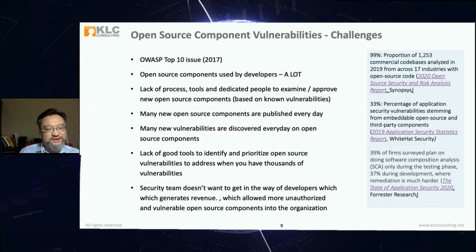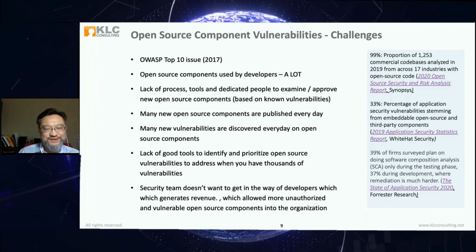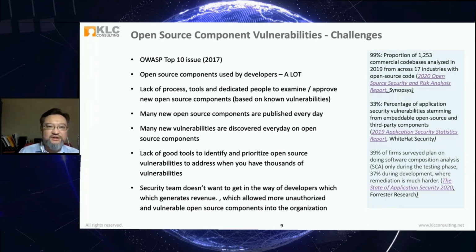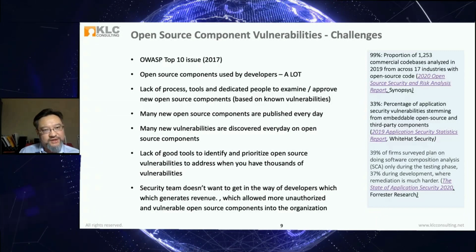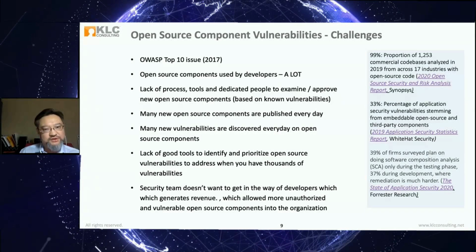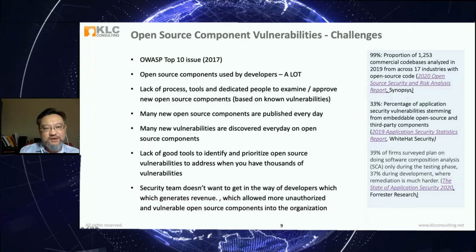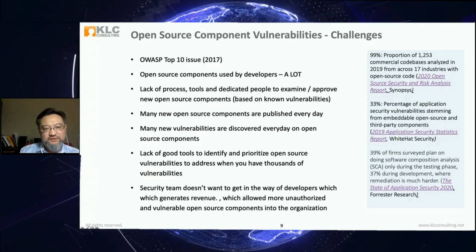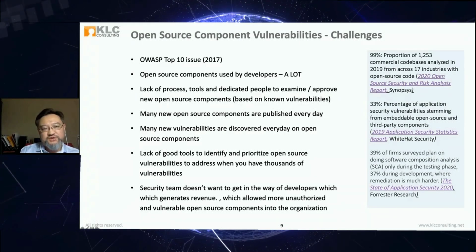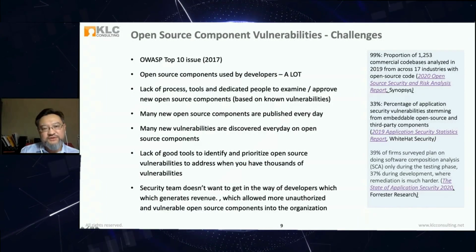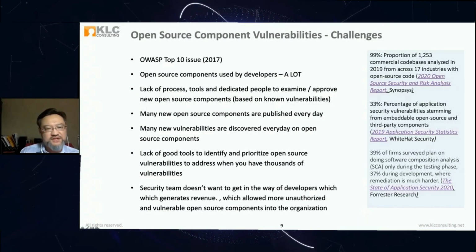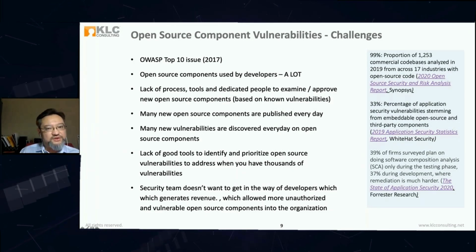I think they are just being a little bit cautious. Instead of saying 100%, they say 99%. But there is just a lot of software, web applications and APIs, that do have open source code in there. Let's take a look. 33% of the application security vulnerabilities are the result of vulnerabilities in open source components. Right, so that's pretty significant. You have to see that if you don't secure your open source components, your application is vulnerable, right?